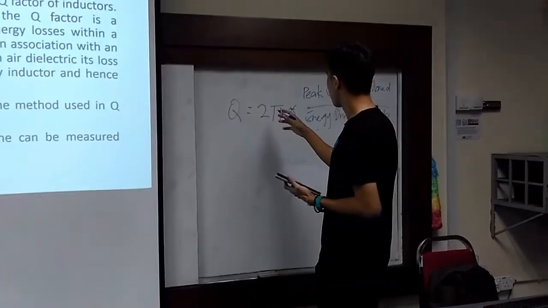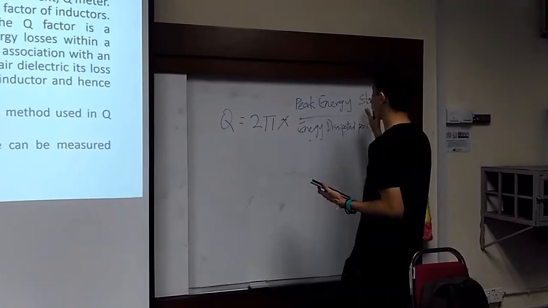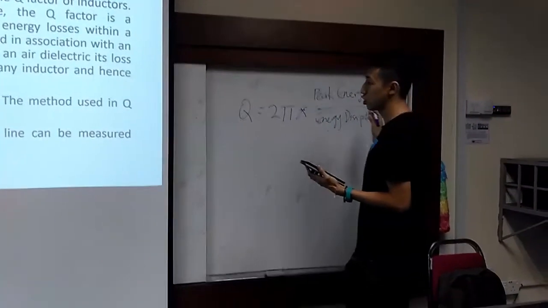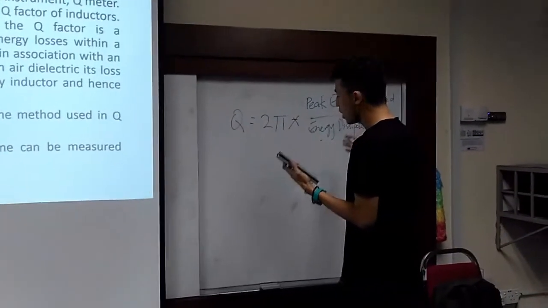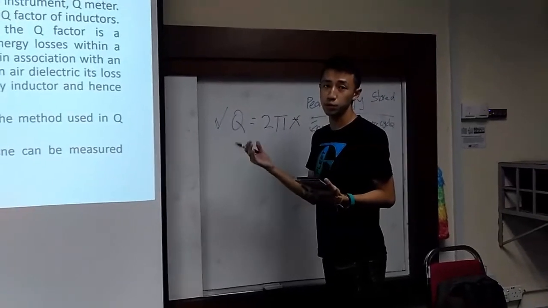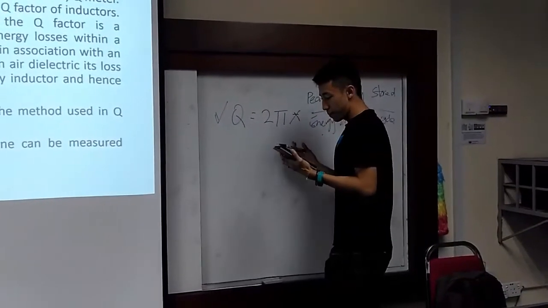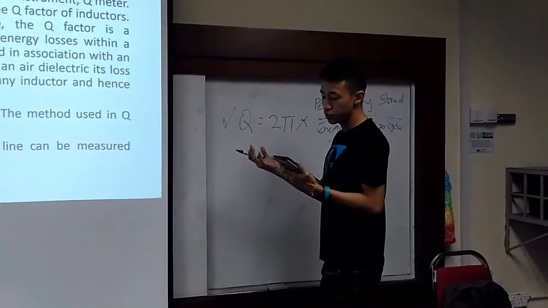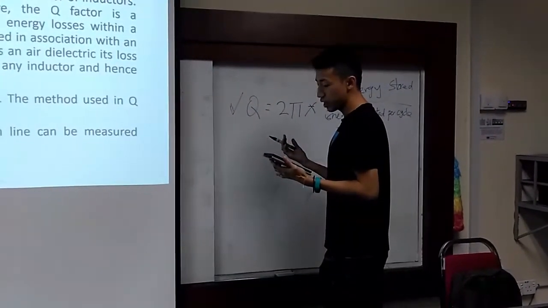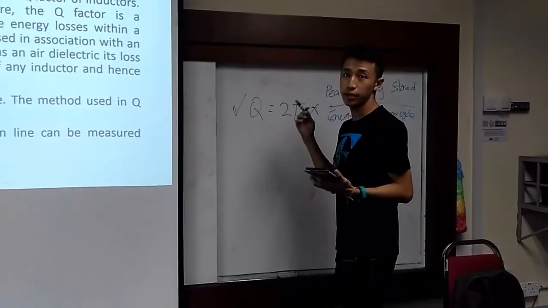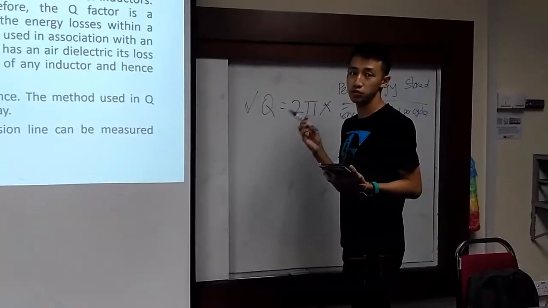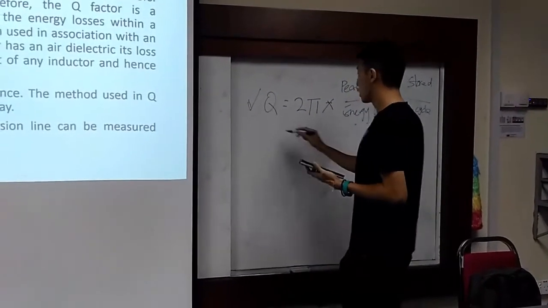Q is equal to 2 pi multiplied by the peak energy stored, divided by the energy dissipated per cycle, which we call the power energy loss. This expression is applied to the RF generator, as we mentioned in the operation, and to microwave filters and bandpass LC filters. It can also be applied to an inductor or capacitor at the chosen frequency, which means the resonant frequency. And then for the inductor,